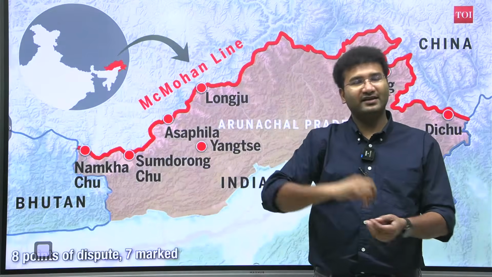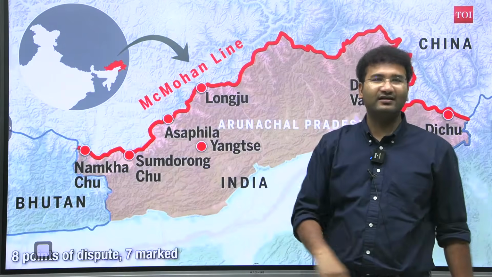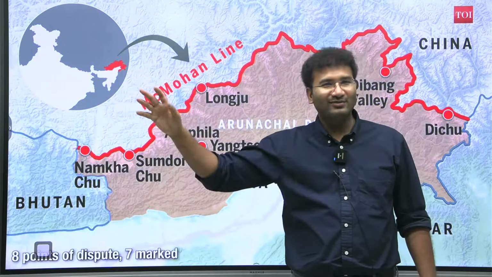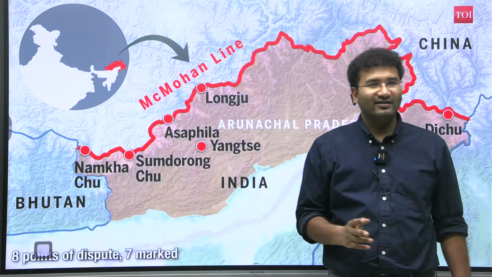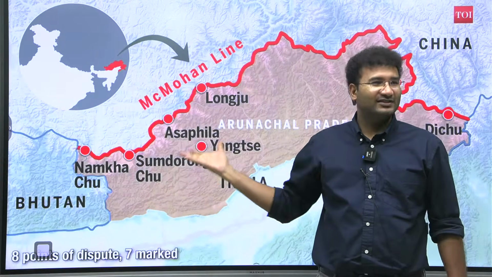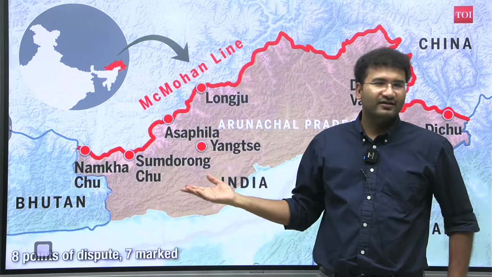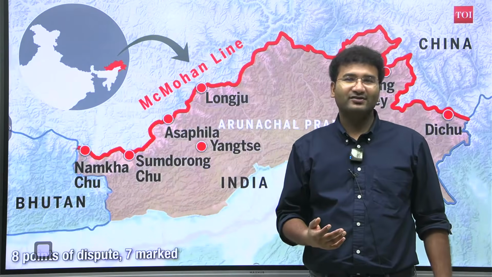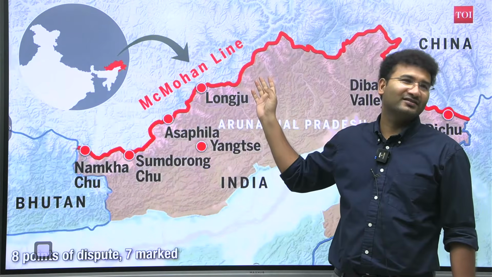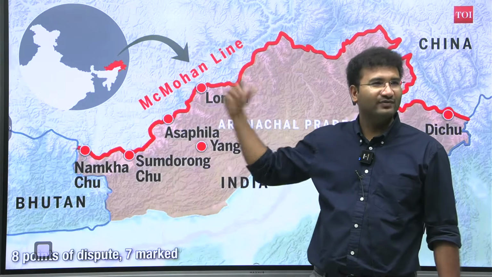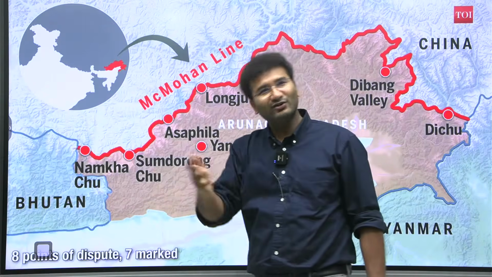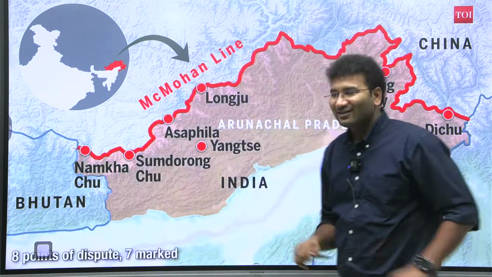And they keep on passing in their administrative bills that the name of Bomdila is Chungchungla, like that. They have their own names. Bomdila is a place where Buddhist Tibetan monasteries are there. Now China renames the territories in their books, right? So a couple of years back, an officer from Arunachal Pradesh wanted to visit China. They said that you don't need a visa, you're part of China. So India protested that also. On a fun note, whatever.